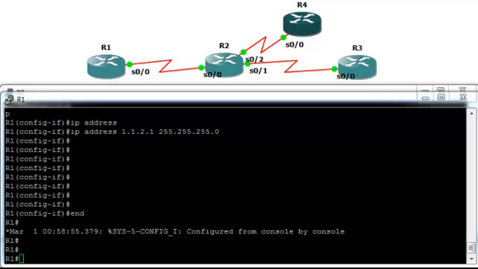The difference between RIP version 2 and RIP version 1 is that RIP version 1 sends updates or send requests using a broadcast address. RIP version 2 will send updates and send requests using a multicast address, which is 224.0.0.9. And